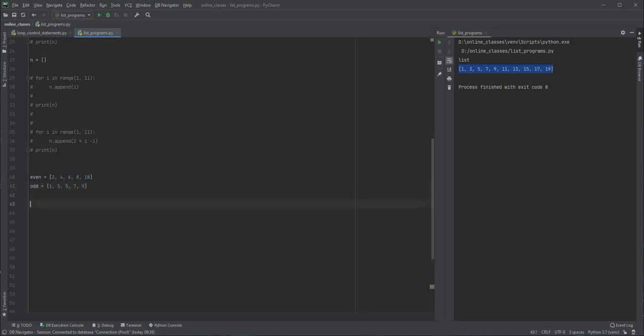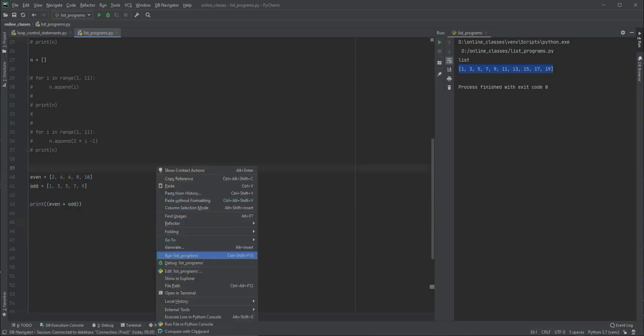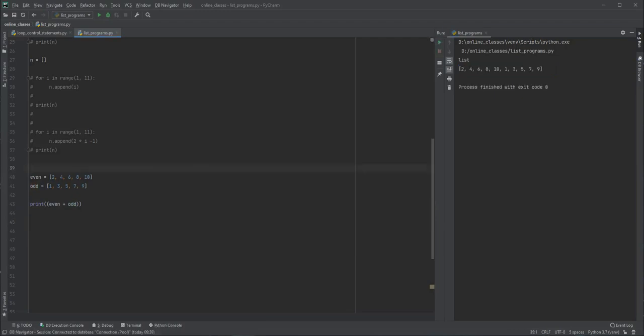Now what happens if we say print even plus odd? If you are doing this, first it is going to display the even numbers, then it is going to display the odd numbers.